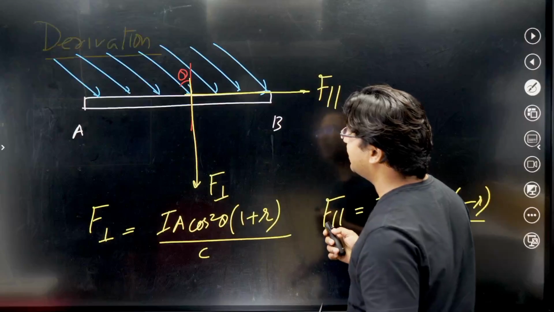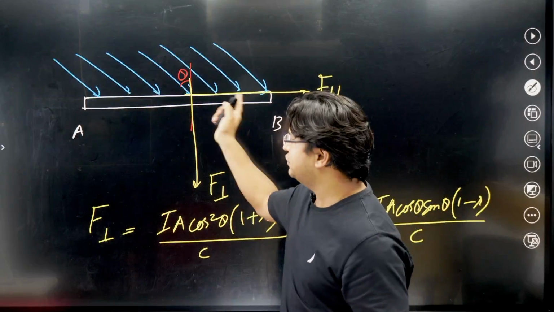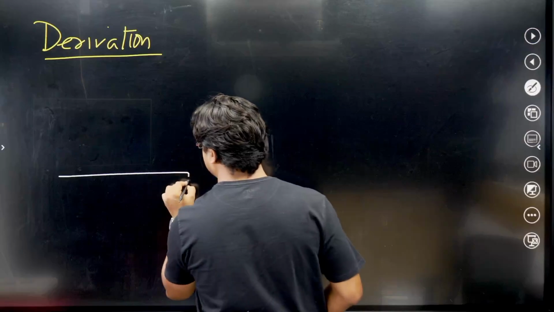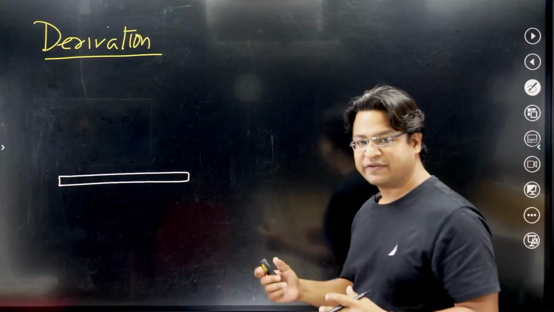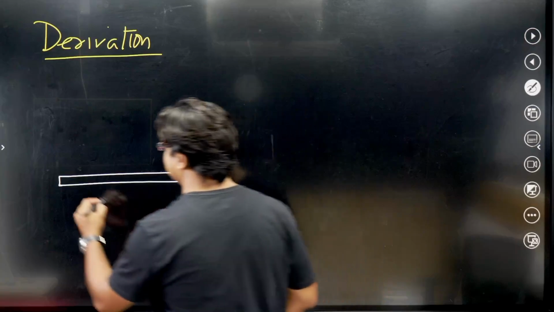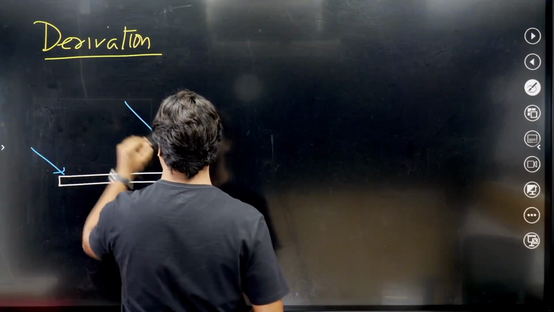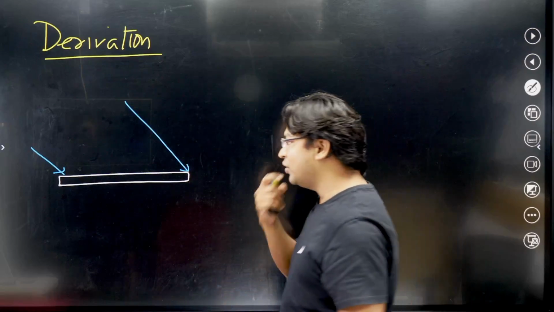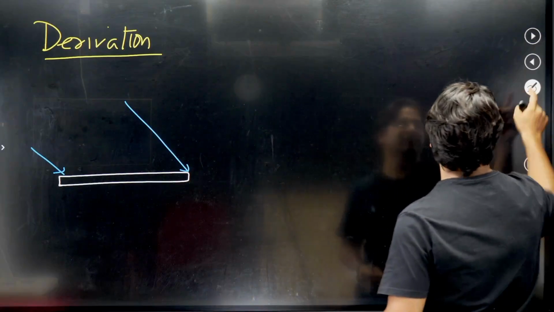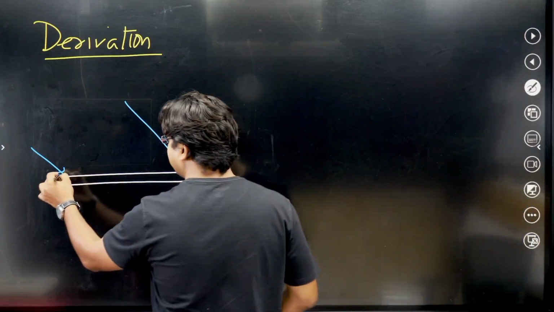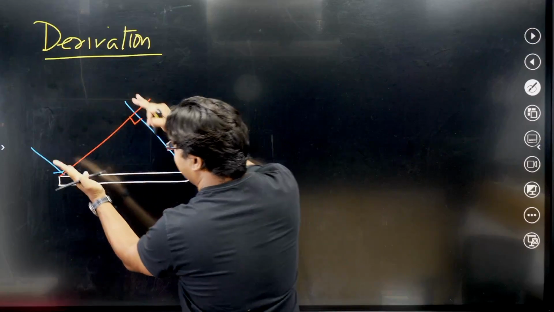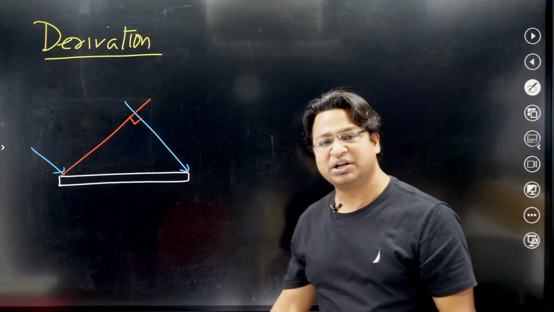So I'll draw this view only because this view is the easiest one to understand what is going on. Let me again draw the same view. So this is the plate, trying to save space by drawing a smaller figure. Now pay attention to how light is incident. So I will draw the true extreme rays that are incident. If I want to talk about how much power is incident on this plate, will you agree with me that from this point, if I drop a perpendicular to this beam, then